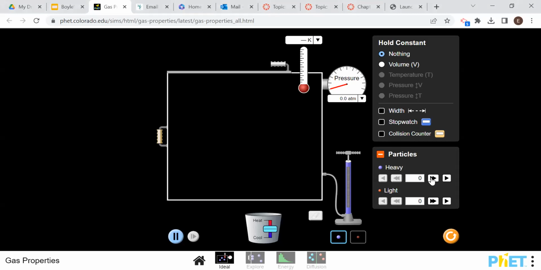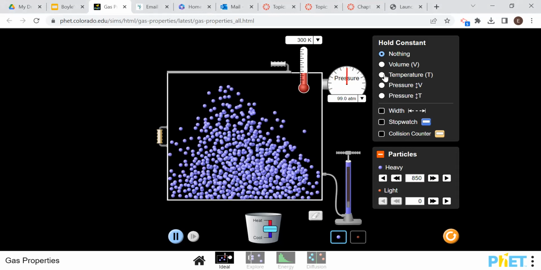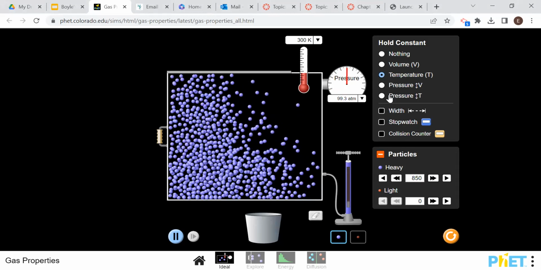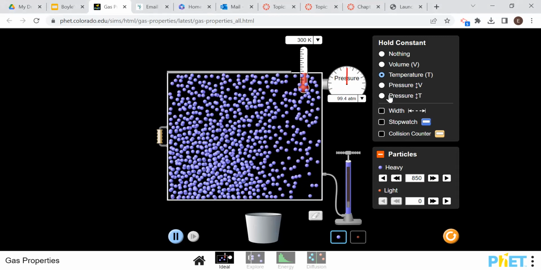So we have to have some particles of gas. That's heavy and light. This time it doesn't matter. We want to have just some gas in here. And then we are holding the temperature constant. And we want to know what will happen. We want to know the relationship between